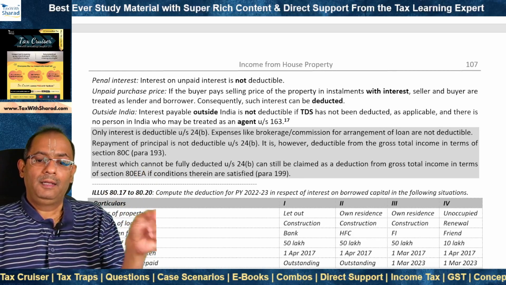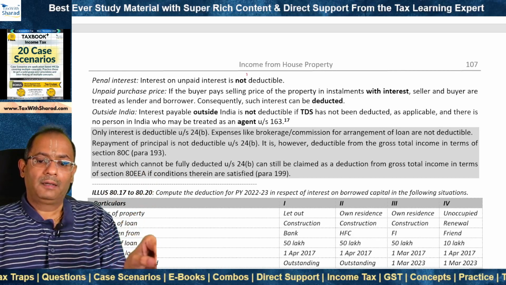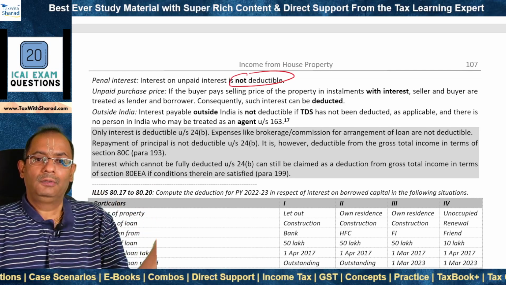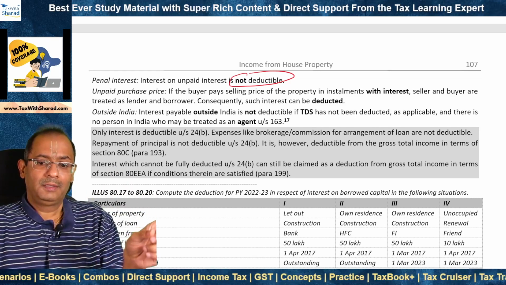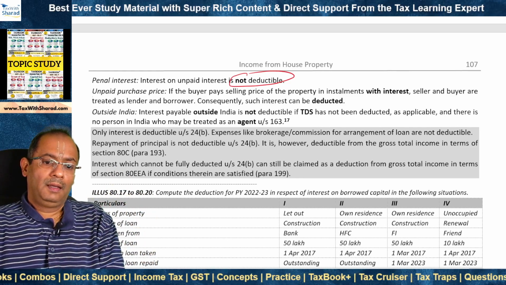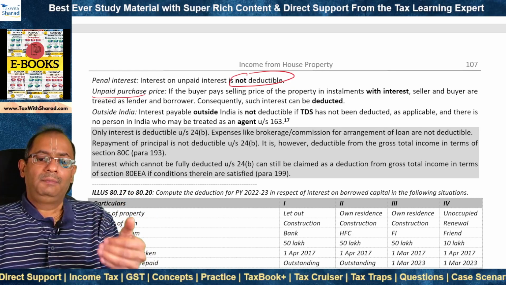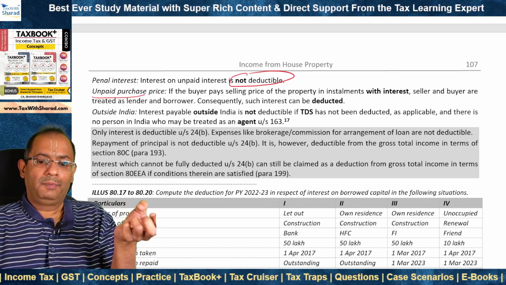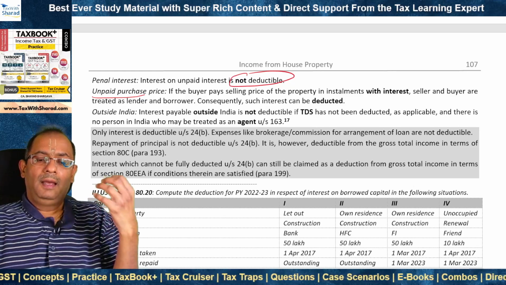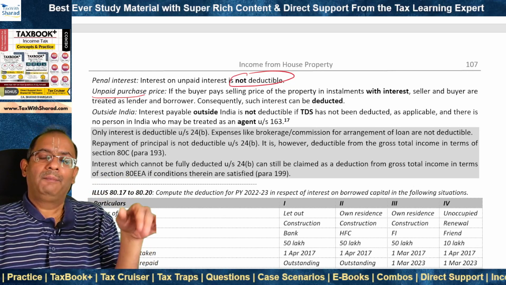So mind you, penal interest, that is interest on unpaid interest, is not deductible. Only the interest on capital borrowed is deductible under section 24. Unpaid purchase price: sometimes the buyer may purchase a property from the seller and may not borrow a capital from, say, a bank or from any other person,